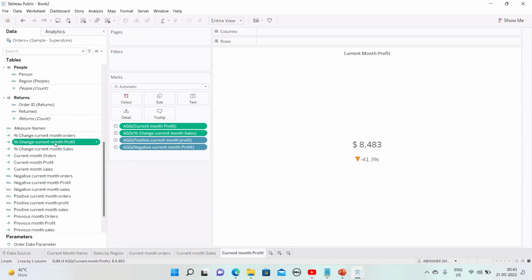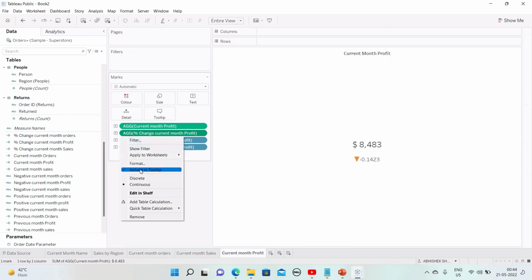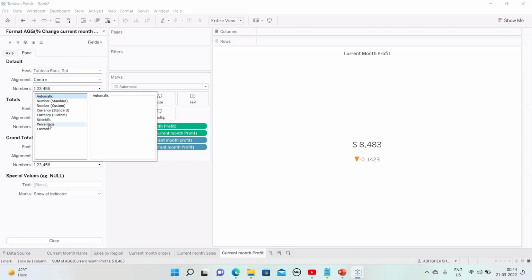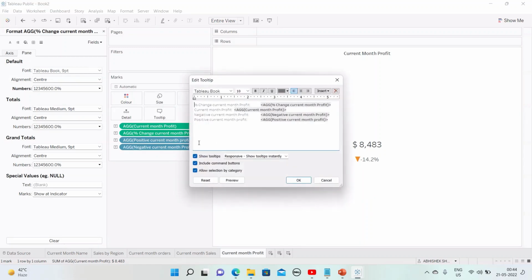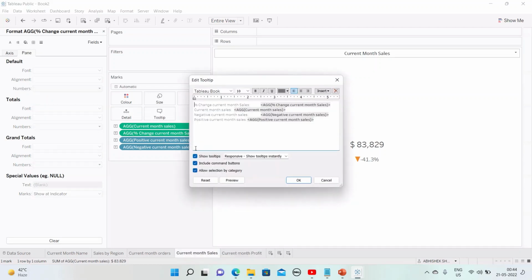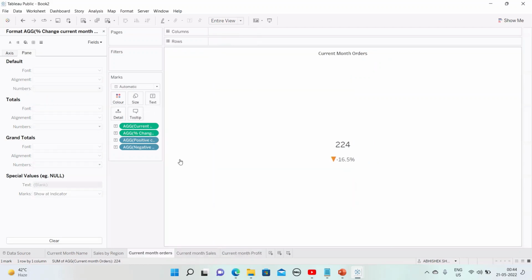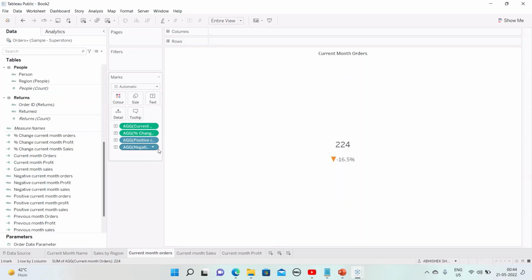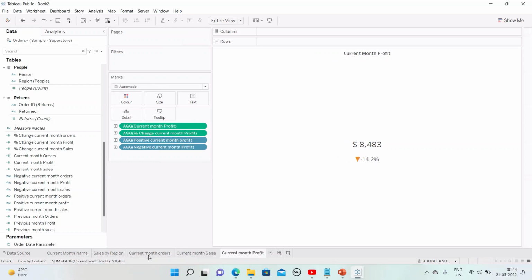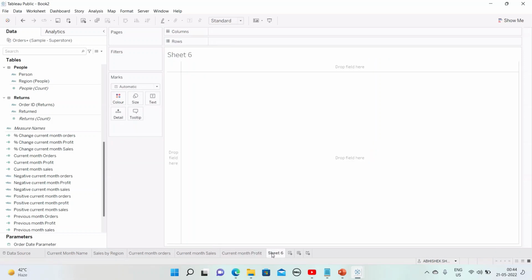Similarly for the percentage change of profit over here, let's format this to percentage, one decimal place. So this is also, let's remove the tooltip, uncheck the show tooltip from here, also uncheck show tooltip from here, also uncheck tooltip, right? So these three bans have been built. Now let's build another visual, which is a line chart,